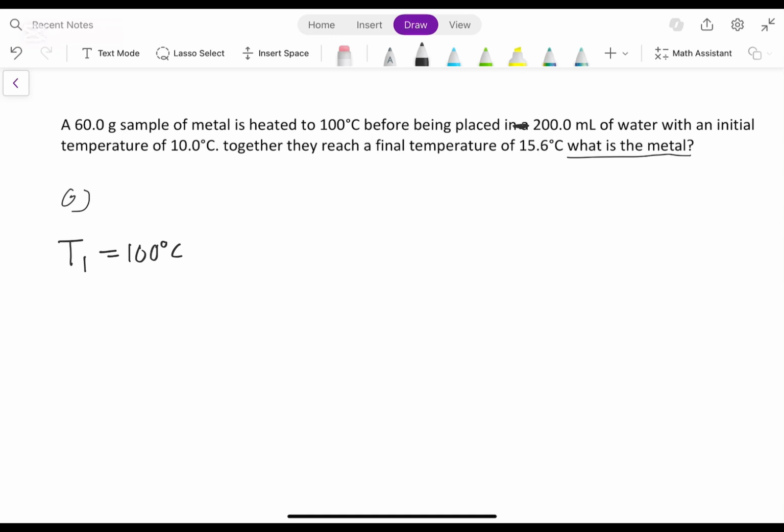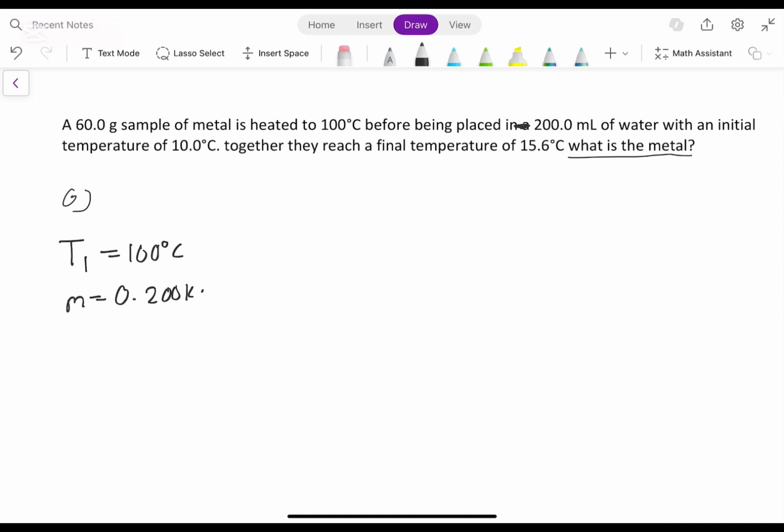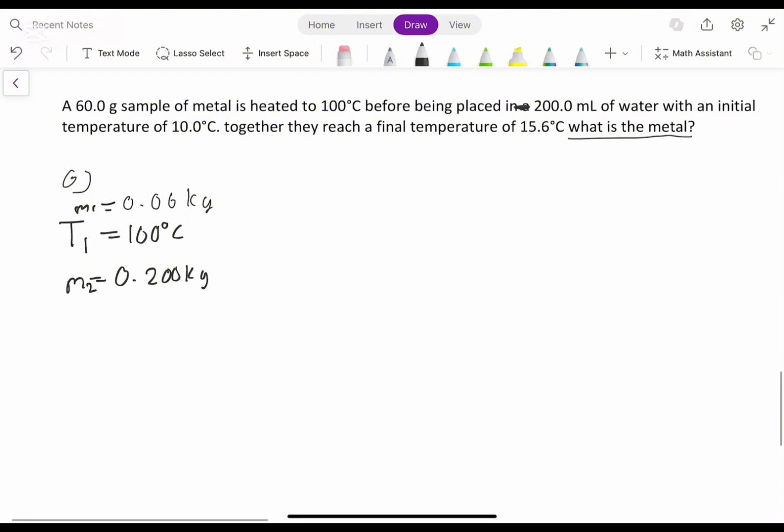Now we're looking for before being placed in 200 milliliters of water. So we know the mass of the water, remember 1 milliliter is equal to 1 gram. So the mass of the water is 0.200 kilograms, and we have M2 and we have M1 as well, which is 0.06 kilograms. Now that we have that, it says the initial temperature of the water, so T2